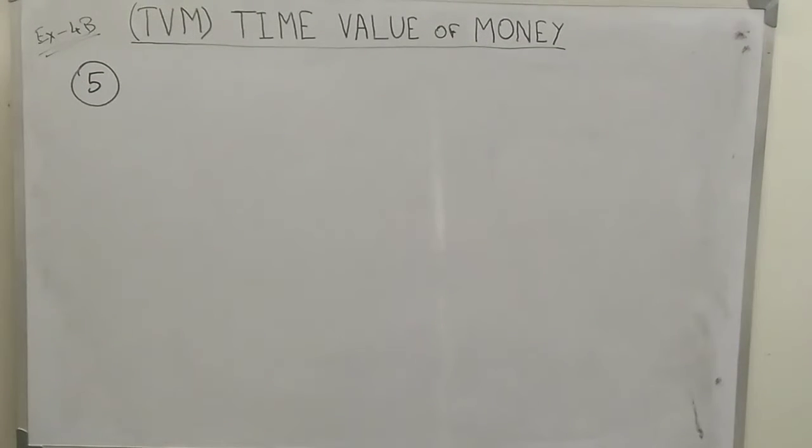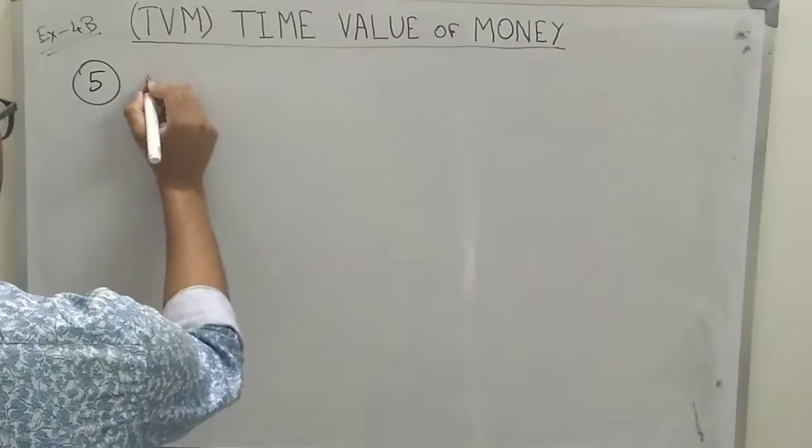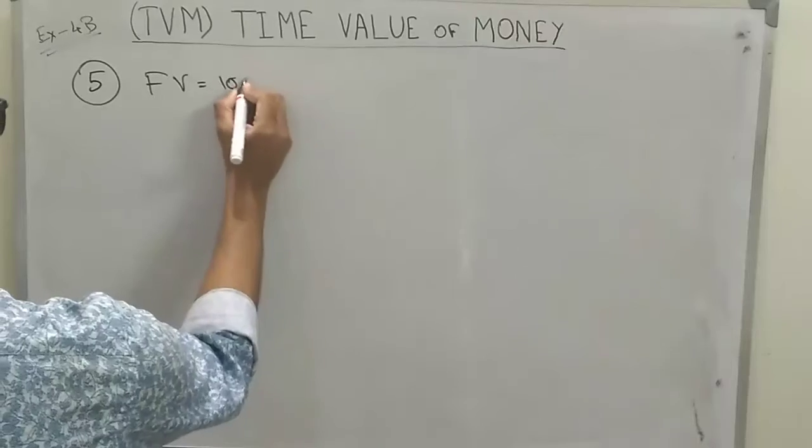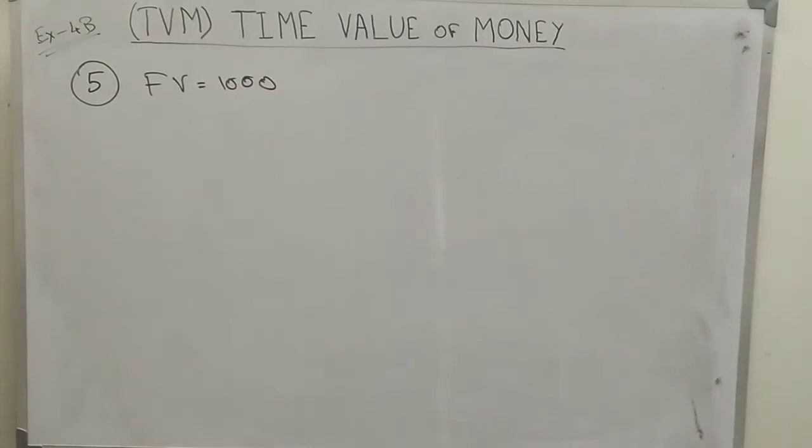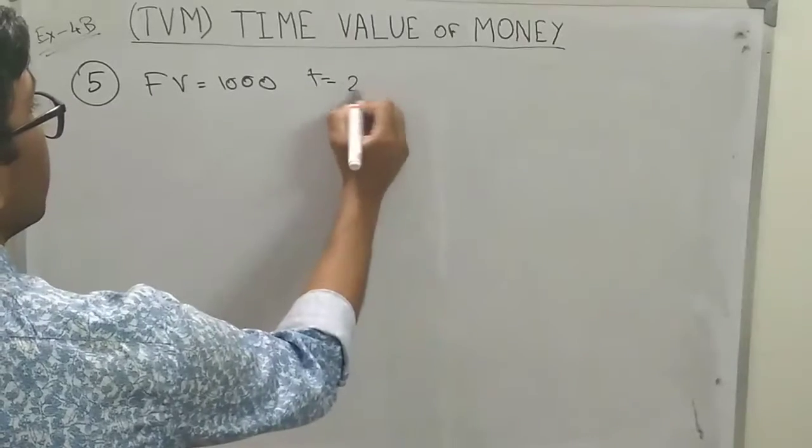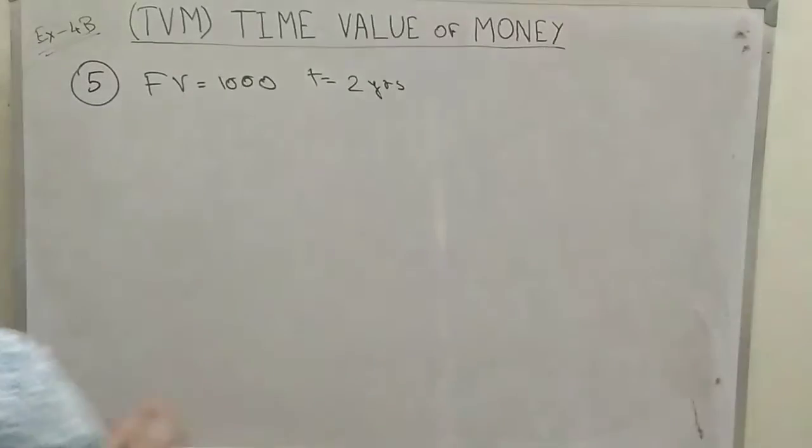Now question number 5. In question number 5 it is asked that it is given that A is 1000, that means the accumulated amount, that means the future value is 1000. N as 2 years, that means T is 2 years. Rate of interest is given as